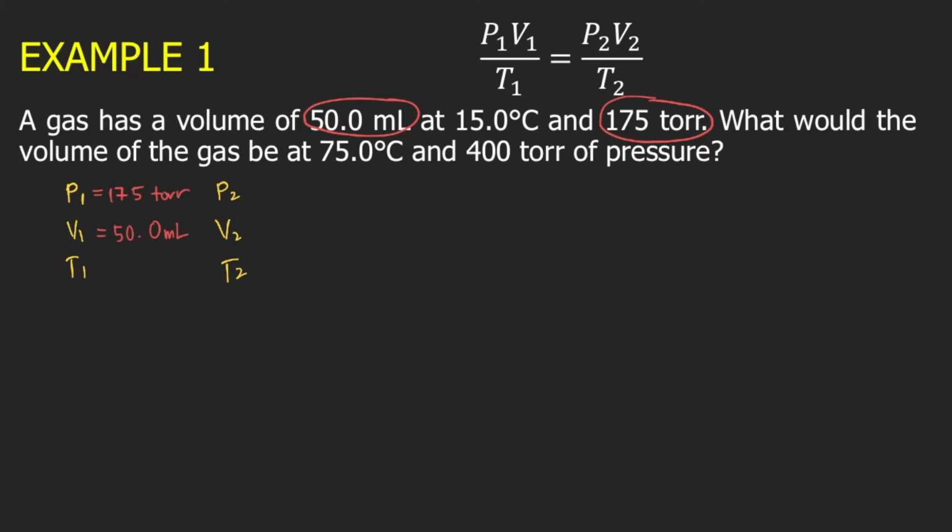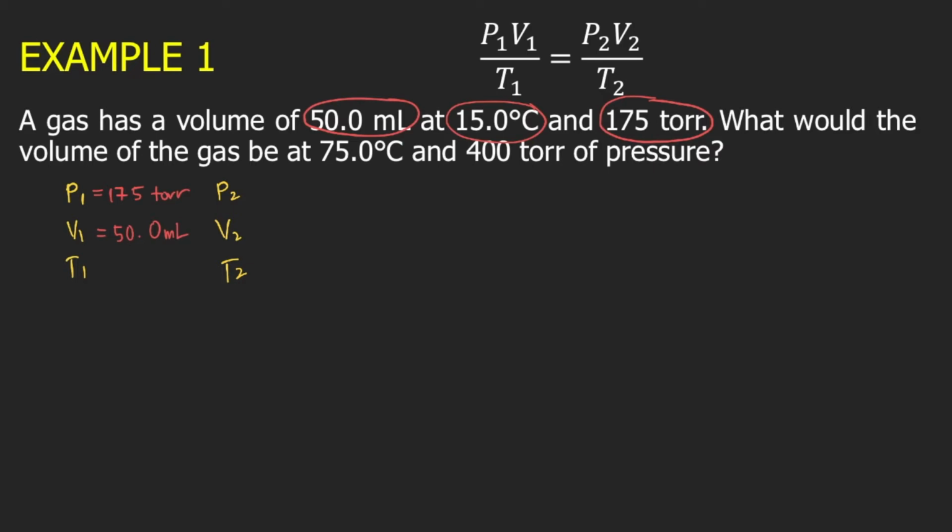And T1, we are given 15 degrees Celsius. But as you know, in combined gas law, temperature must be in Kelvin. So we need to convert 15 degrees Celsius to Kelvin. And how do we do that? If you want to convert Celsius to Kelvin, you just add